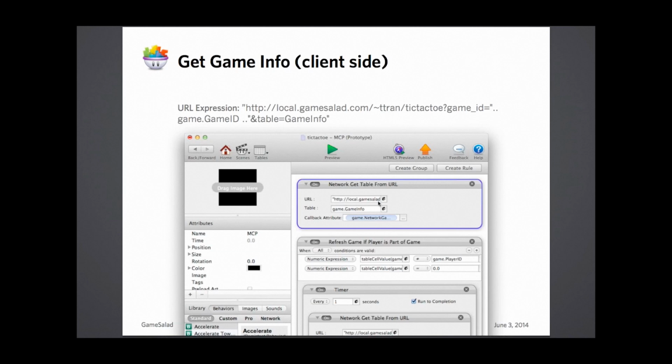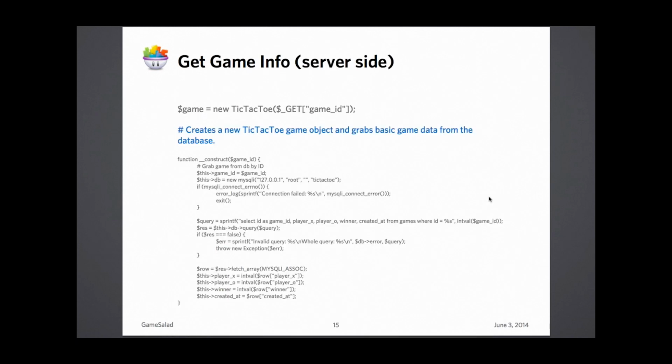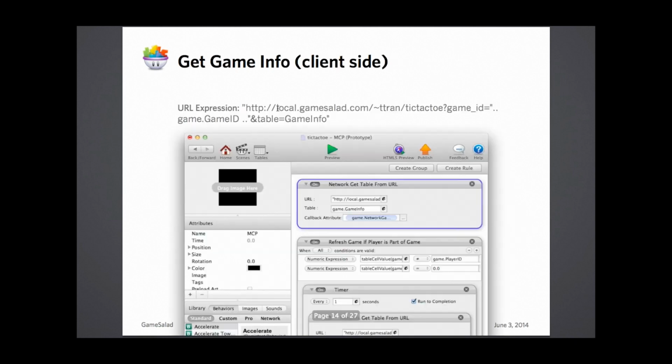Okay. So in this case, what we're doing is we're going to make a request to the game table. Now on my end, I have a PHP script, and I will show a little more about how the rest of it's structured. But the important bit you're getting from here is I've created a script that has a class for the tic-tac-toe that represents the tic-tac-toe game. So from the request parameters, if you look here, there's a game ID, and it actually gets the game ID from an attribute in the game and sends that along,